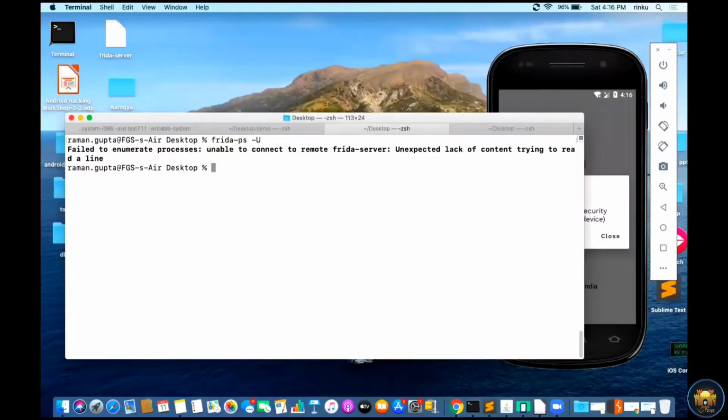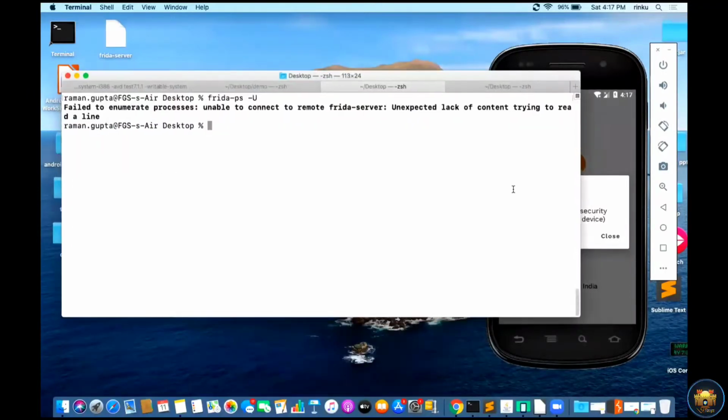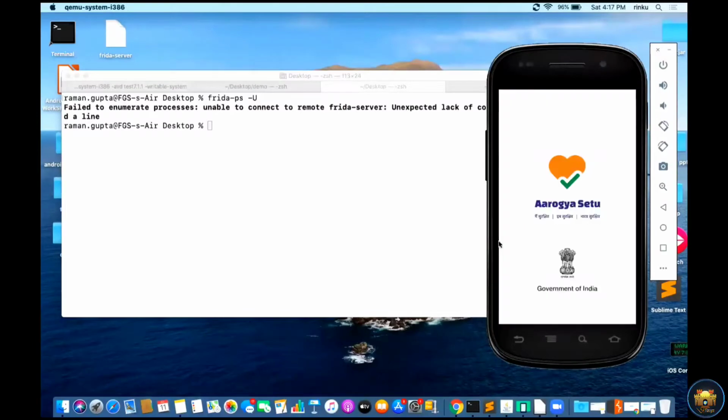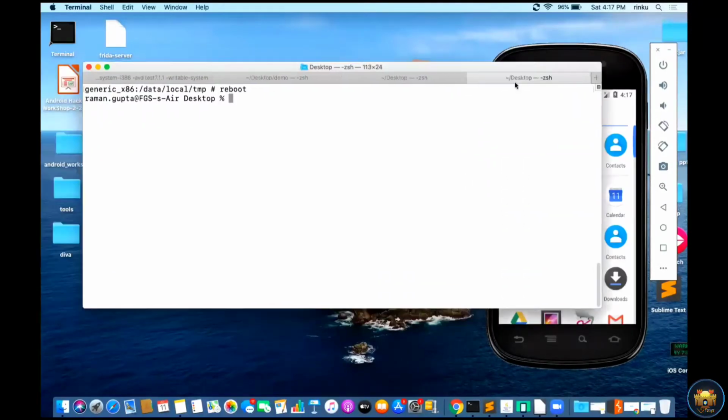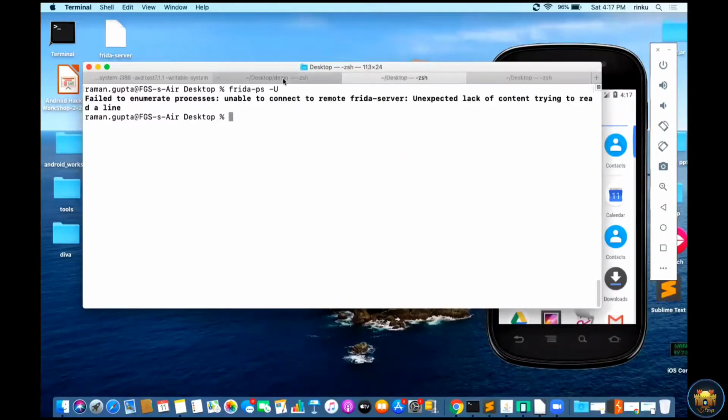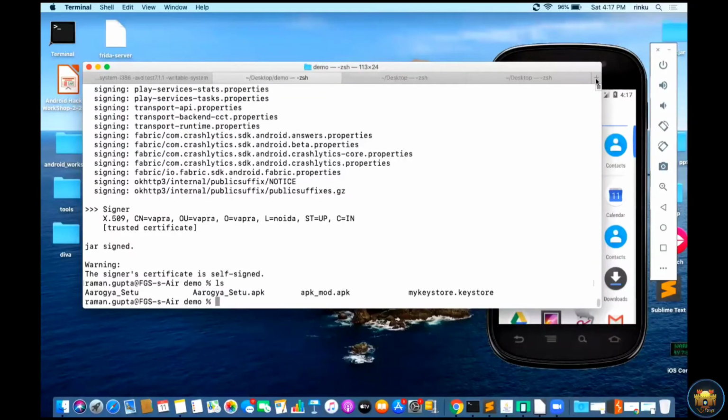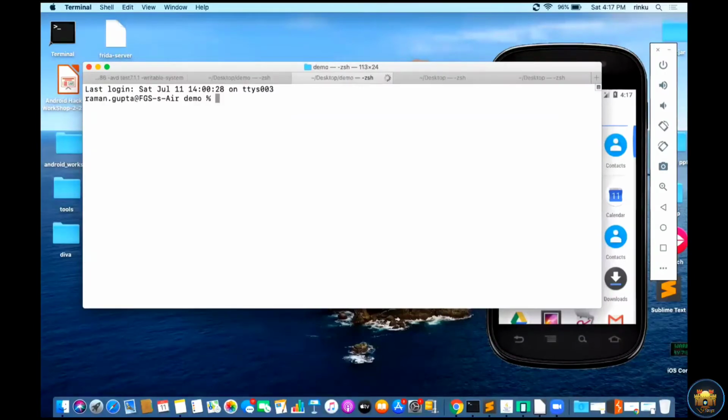Oh, this is not connecting. So I need to check whether the Frida server is running or not. So I go inside, adb shell.